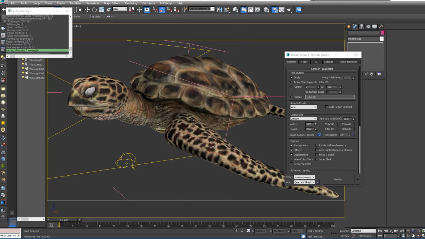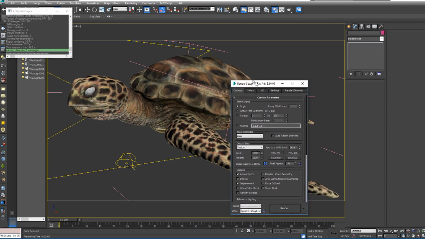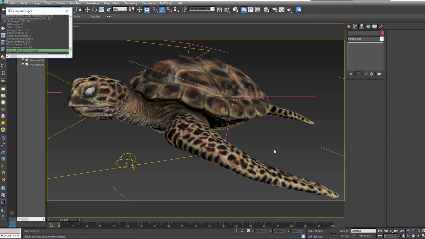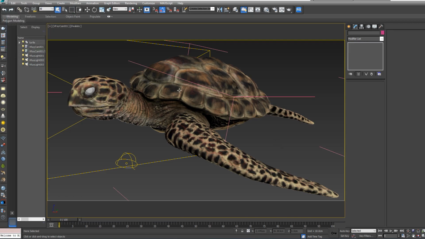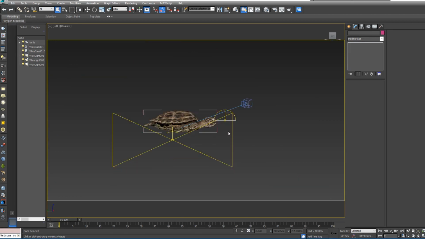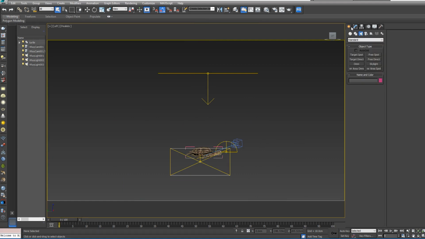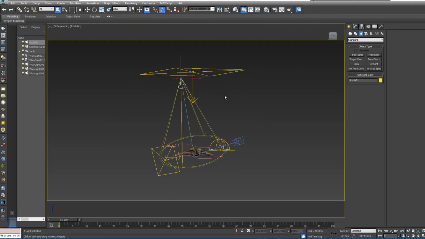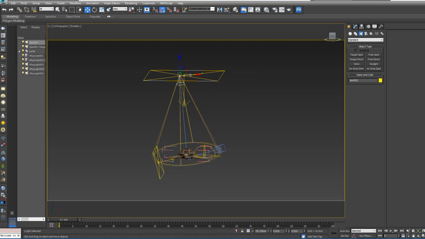Let's save, don't forget to save. And now that we have all set with these materials, let's go and add more effects to our scene. So I'm going to go to left and I'm going to go light standard and create a target spot. Make sure this target spot is beneath the top light. We have effect,